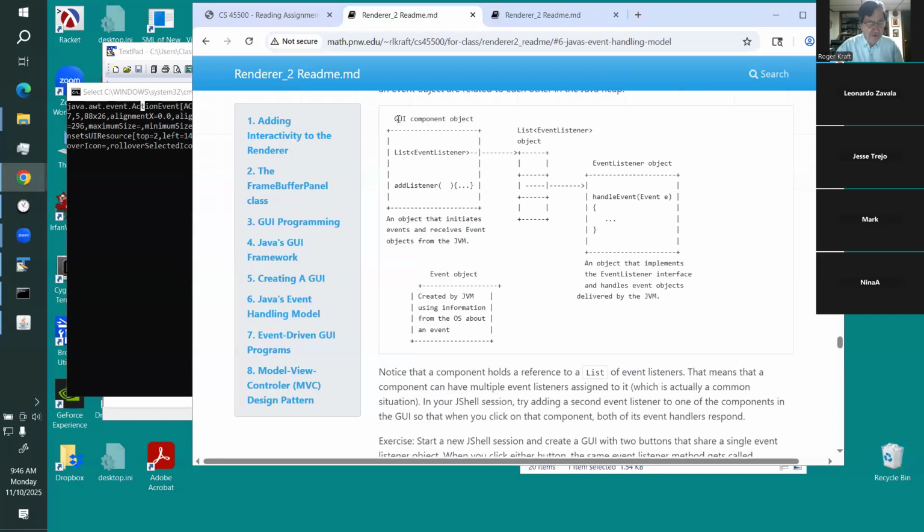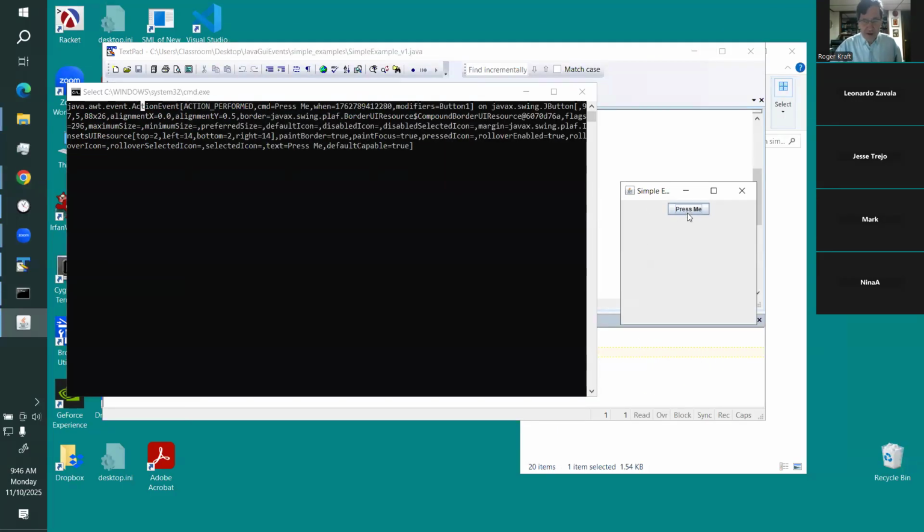So over here, this guy is a button. This guy is an action event, and it's being sent to an action event listener object. Okay. So over here in the program, you click on the button. Every time you click on the button, oh, notice,